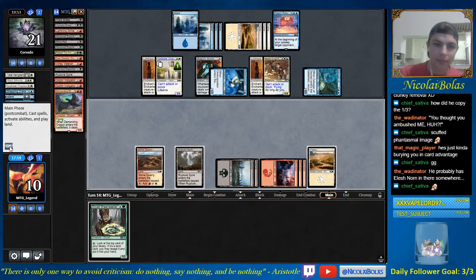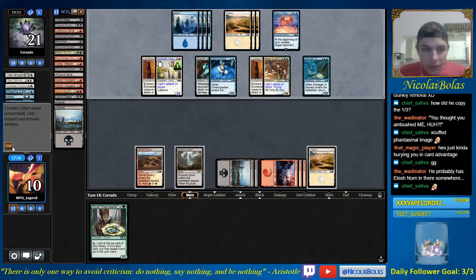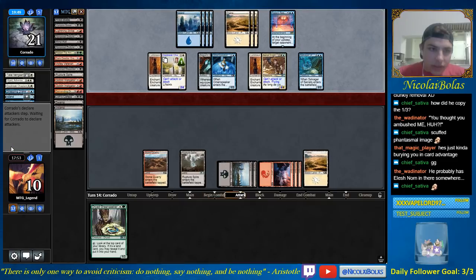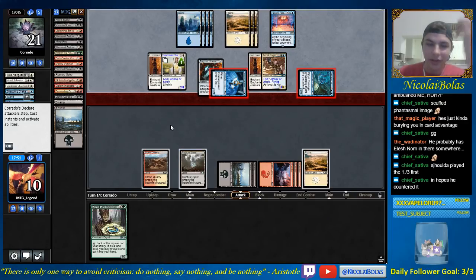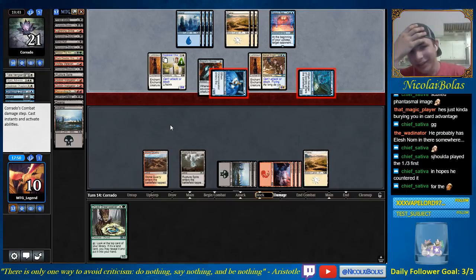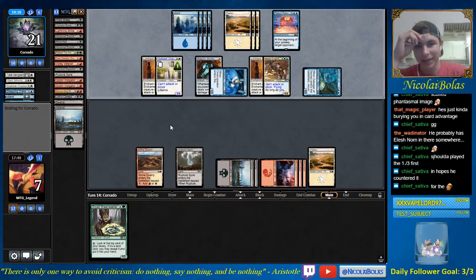Got me. Oh, jeez. Jeez, no. Oh my gosh, I could have played my Greenseeker. What? I totally forgot I could even cast this guy. I forgot I had Rupture Spire. Oops. I mean, it's not going to matter. I've been completely dead this entire game, but...